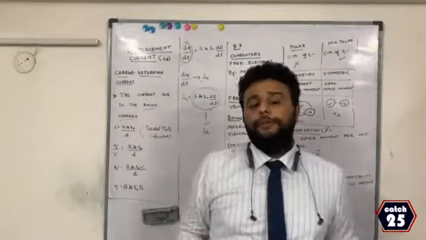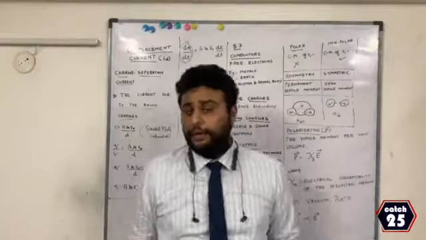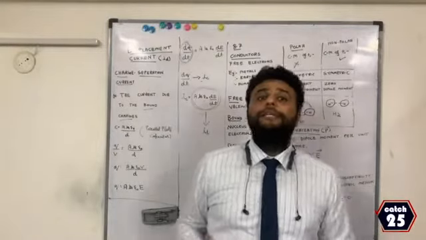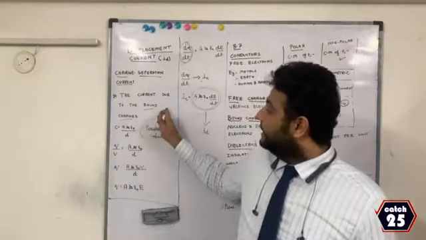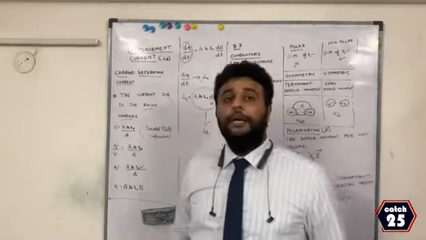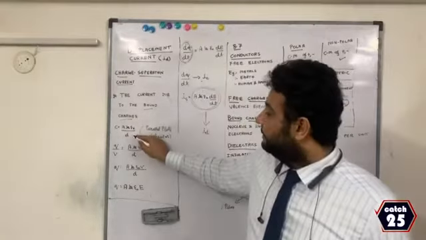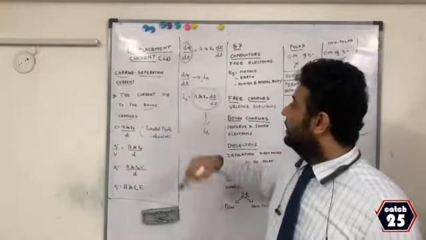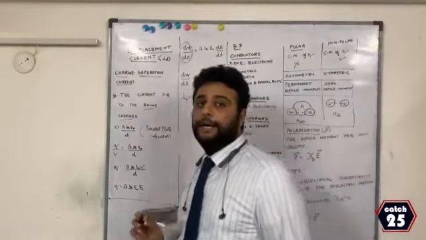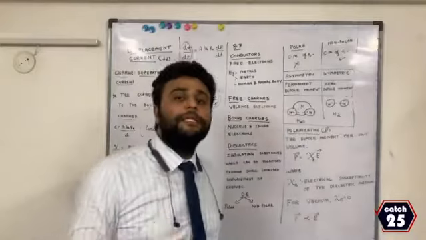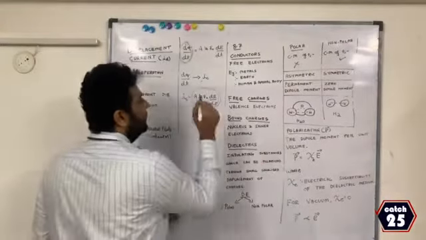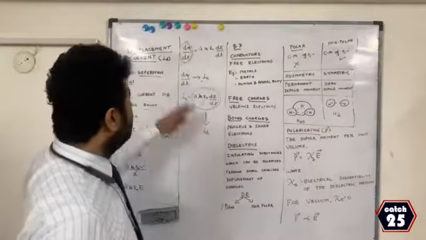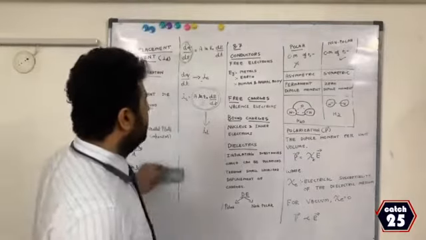If they ask you what is the notation for displacement current, it is ID. What is the unit of displacement current? The unit of displacement current is ampere itself. What is the definition of displacement current? It is the current due to bound charges. In the derivation, you start with this and you come to this, where this is your expression for displacement current. If they directly ask you in an MCQ what is the expression for displacement current, this should be the answer. So this completes your displacement current topic.